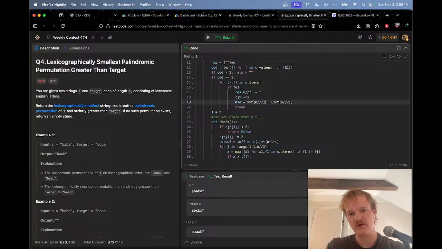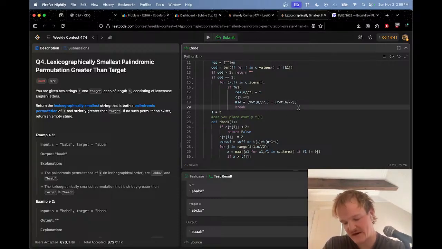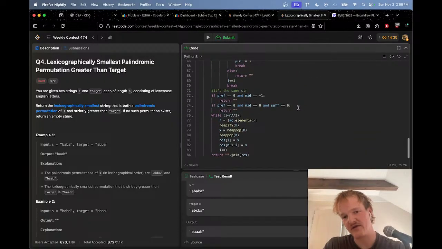And Lord is my witness, I'm not going to be messed over by this order of operations. So if it's less than it, then it will be -1. And then if it's -1, it doesn't matter what the suffix is. But if it's 0, that means the middle element was the same. And if the prefix is the same and the middle element is the same,